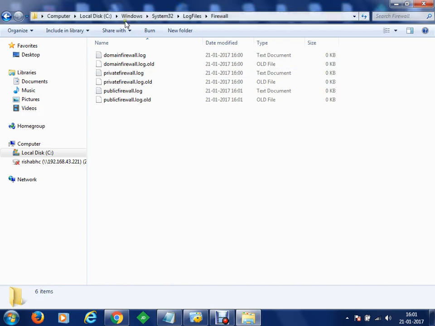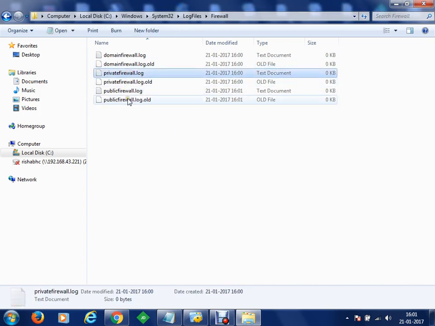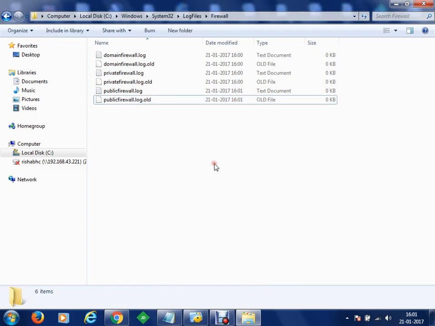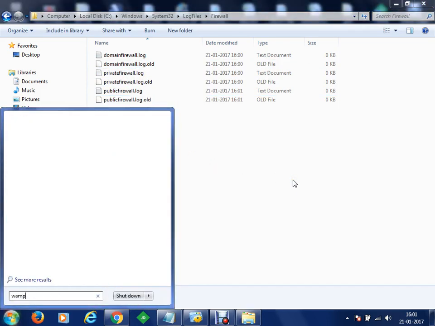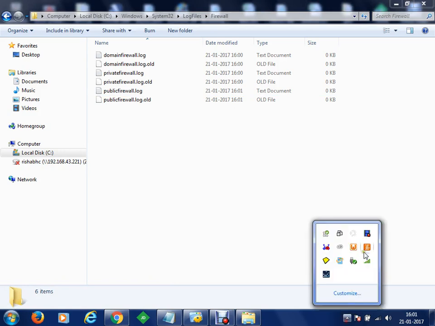Okay, so as soon as the firewall logs came, 3 individual files have been created, for the private, public and domain firewalls. What I'll do is simply start my WAMP server. Okay, let's say I've started my WAMP server, and my WAMP server will be running.